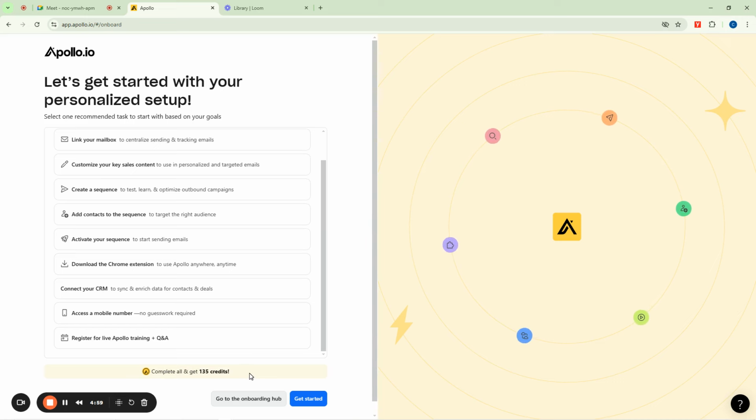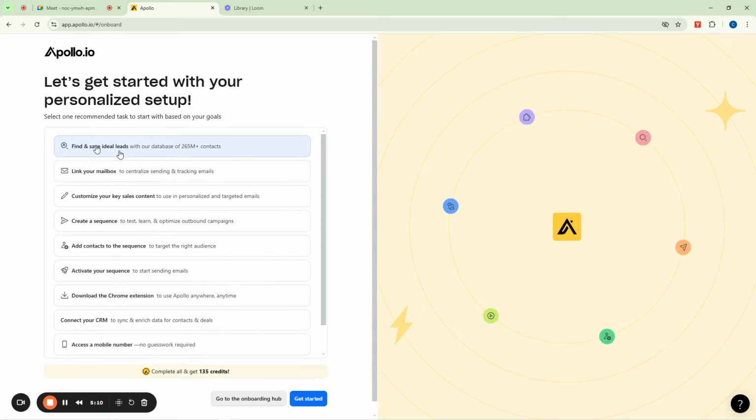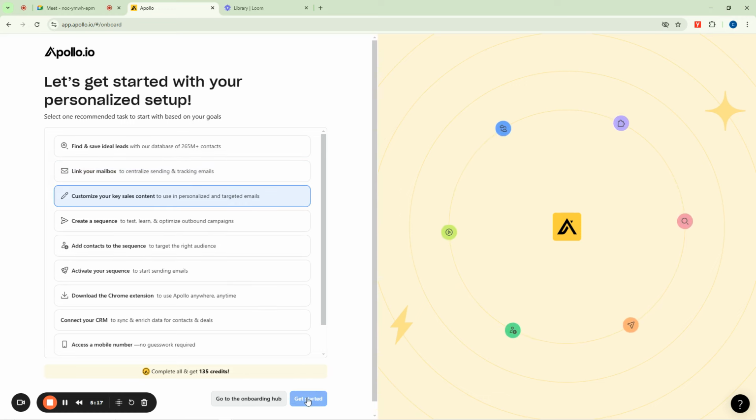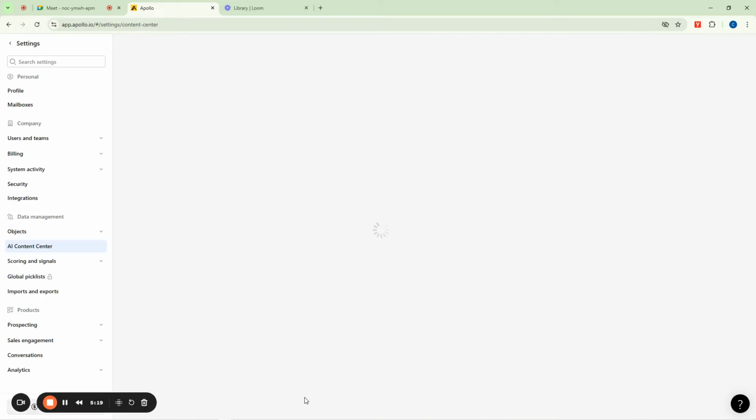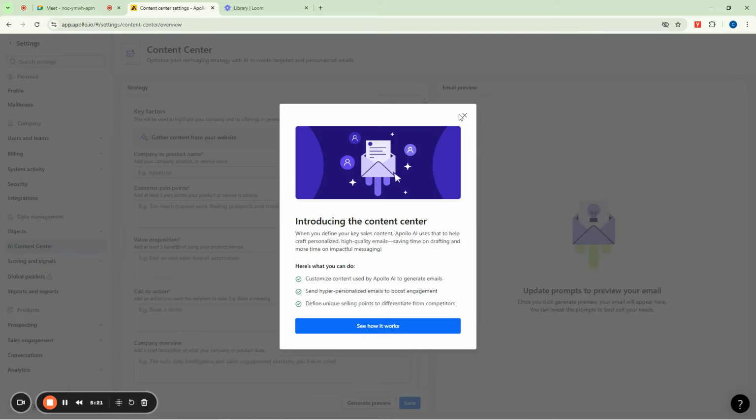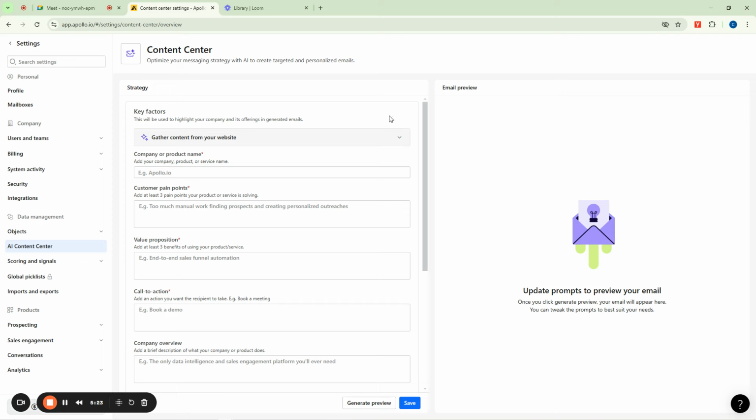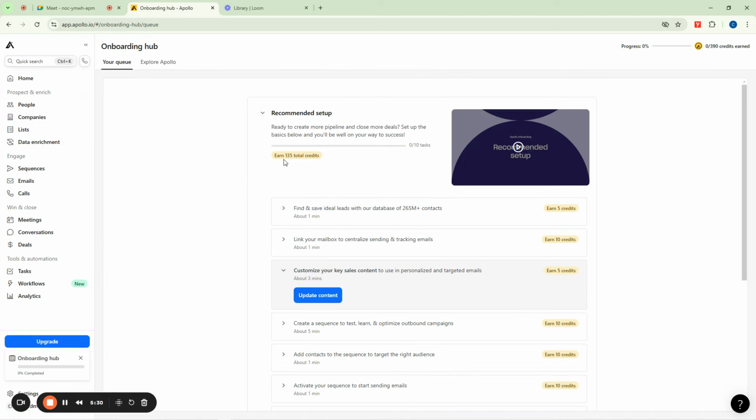Now the credit is what you're going to be using to find leads and do your sequencing and all of that. So when you're done with your credits, you might not be able to do much anymore with the tool. So now you say find leads, connect your local inbox, and all of that. So I can say okay, get started. And at this point now, you can see we are now into our Apollo. We are going to set up stuff, but let's just leave that aside and go back so we can get into our